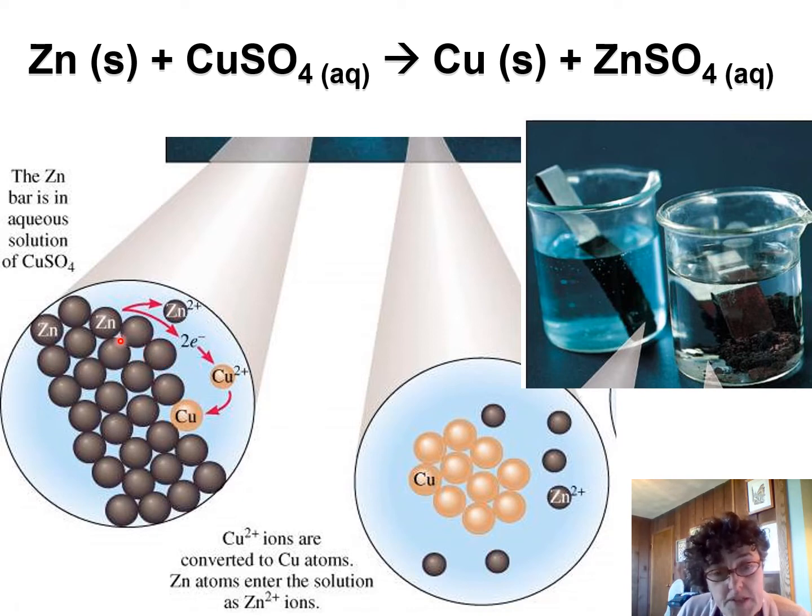Why is copper stealing electrons from the zinc? The two metals have a different affinity for those electrons. If we could rank those two, we would say that copper is stronger in its affinity for electrons, and is able to steal them from zinc. So copper is becoming neutral and therefore becoming a solid, so it's depositing on top of the zinc, a sort of electroplating situation, while zinc, now deprived of those electrons, is an ion, and is now soluble and colorless and going into the solution. Now, as it happens, copper to become neutral needs 2 electrons.